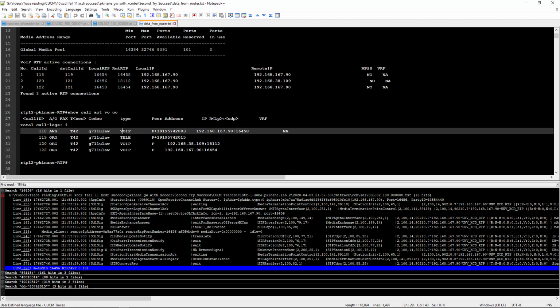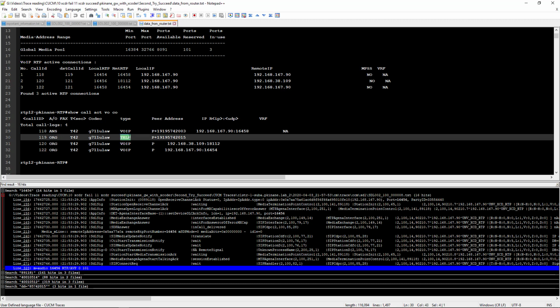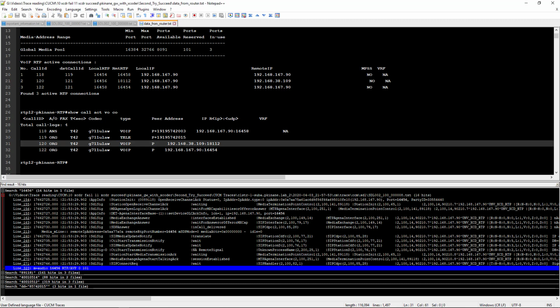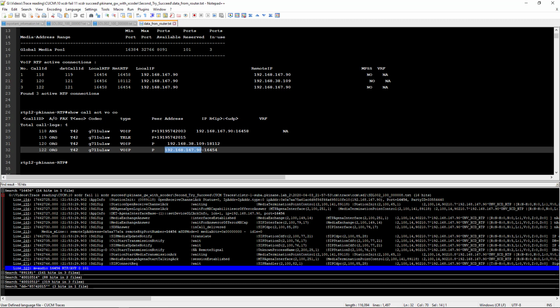And then this one here is going to be the inbound SIP call. So we got the VoIP leg over here for the call, and we got the PRI leg here for the call. And these last 2 call legs are actually going to be for the transcoder here, which you can see that this is going to phone A, and then this side is going to the router itself. And that's because the transcoder and